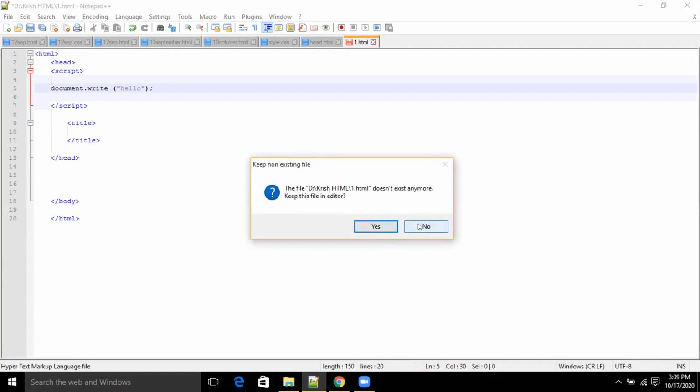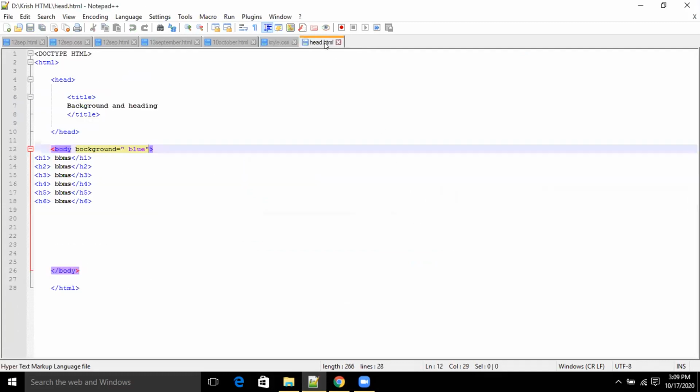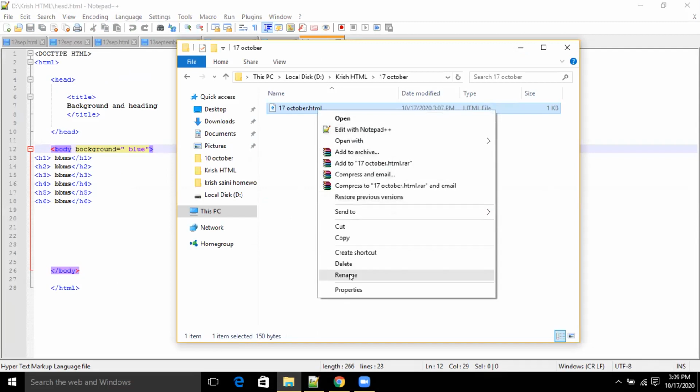First go to that folder and right click, and there will be an option, Edit with Notepad Plus.